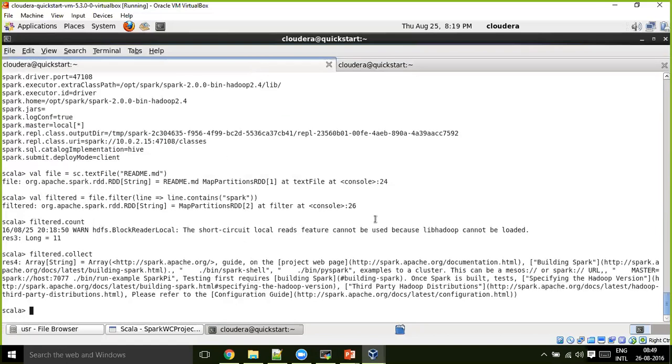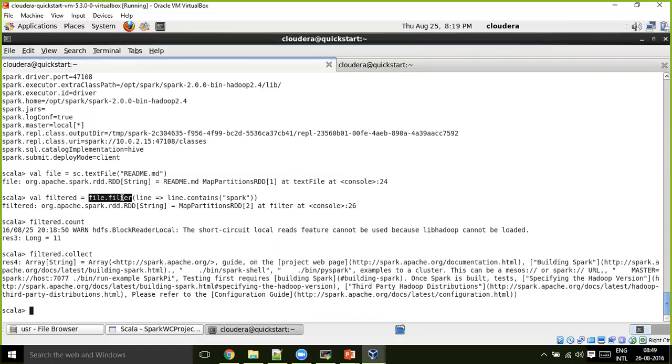So here, I loaded this readme.md file. When I loaded it through textFile, it returned an RDD, so now file is an RDD type.